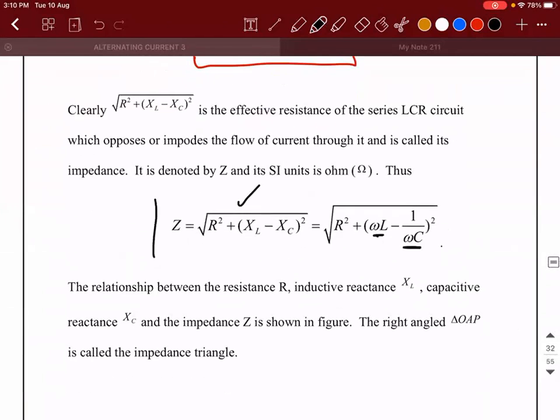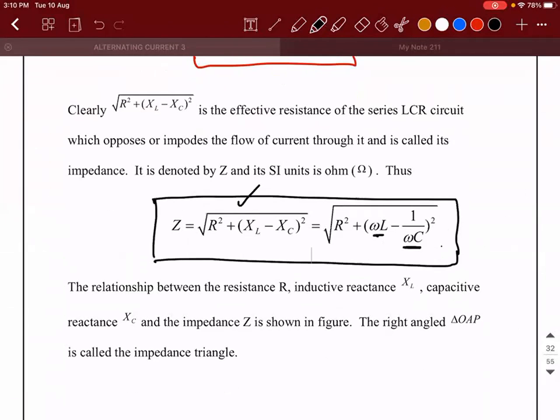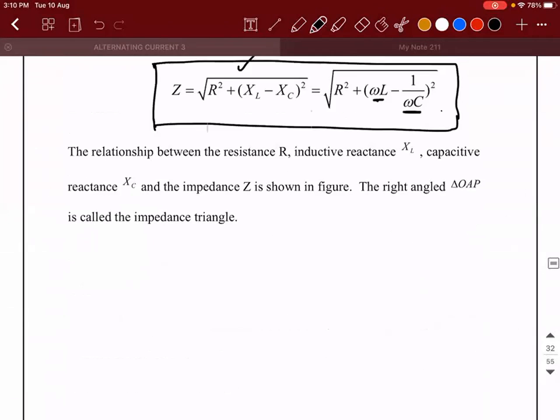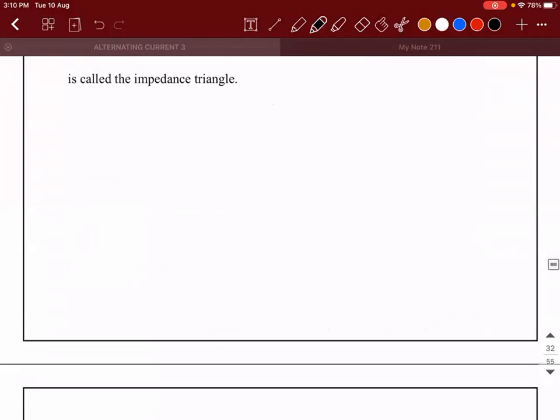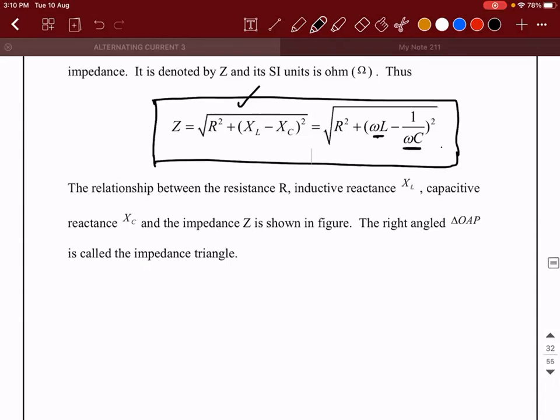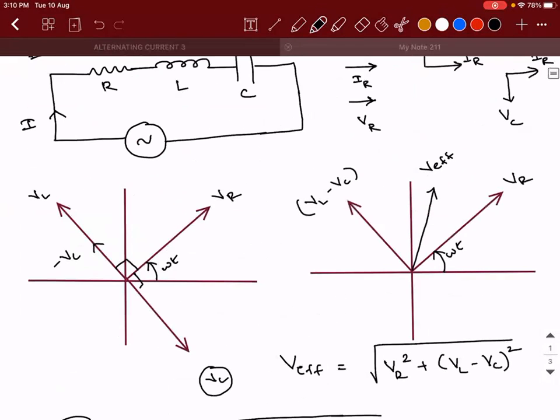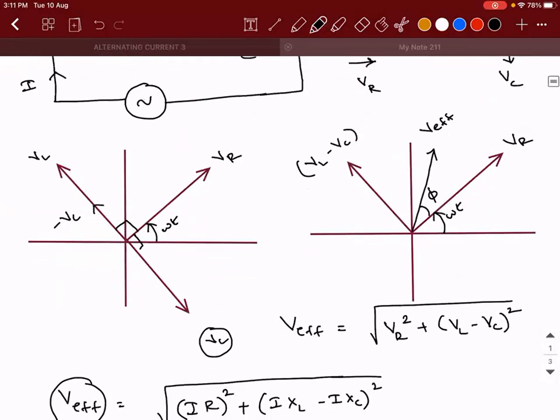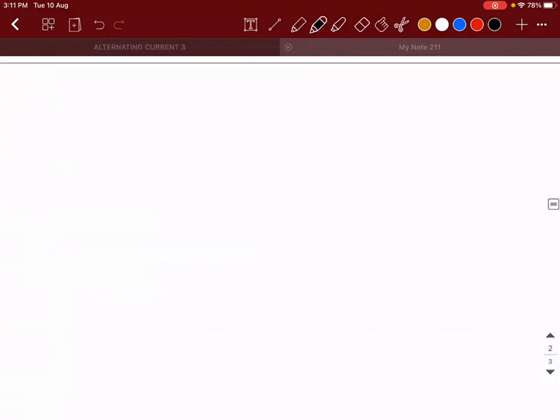So this is going to be the value of the impedance of a series RLC circuit. So Z will be this thing. Okay. The next point is the graph is like this, right? So the graph is in this way. If you take this angle as phi, then observe VR is like this.